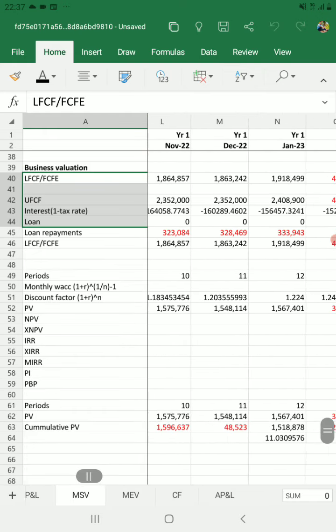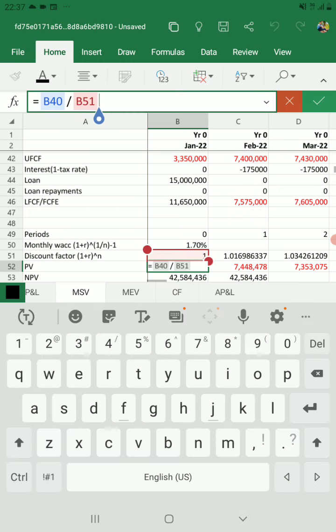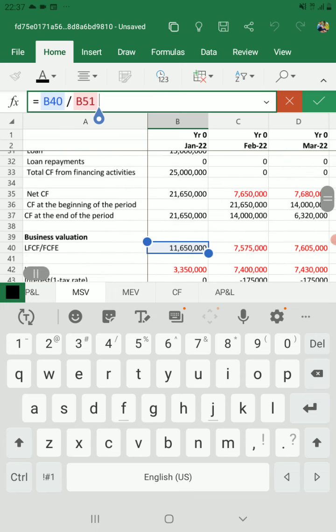So we are left with our levered free cash flow. In this way, we don't need to change anything in these formulas now, because if you look at the present value, we see it has picked this levered free cash flow